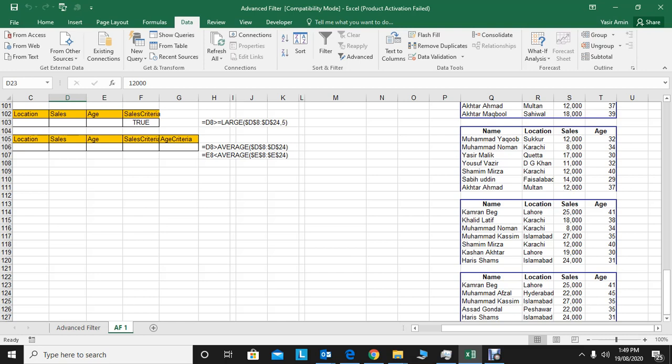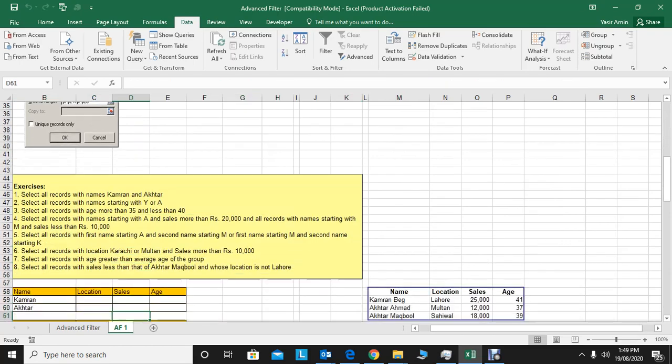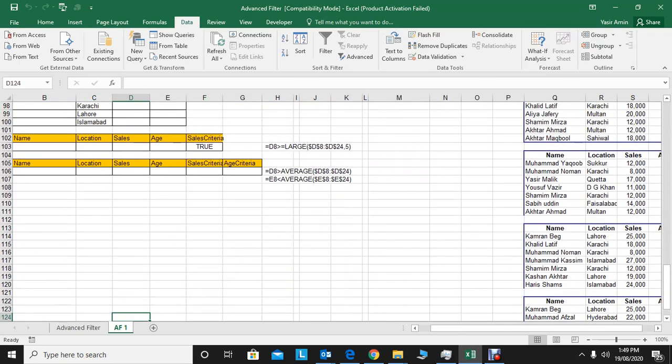And the last is the criteria for sales, and for E it's the average age. E is for average age and the D column for the sales. So these two criteria are the last task. I just need to put the sales criteria into the sales column, true, and the average age criteria, which is less than the average age, into the age column, now false.